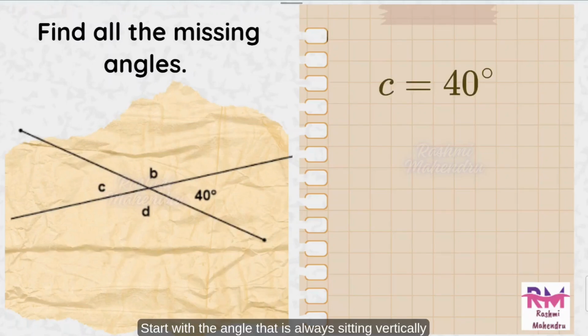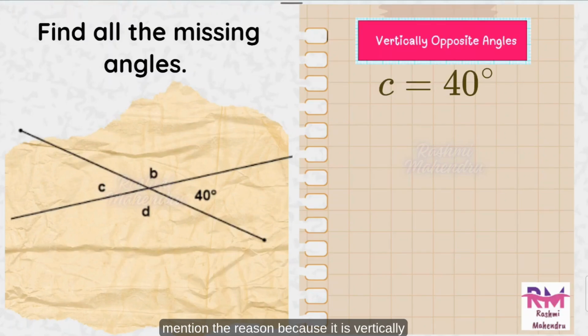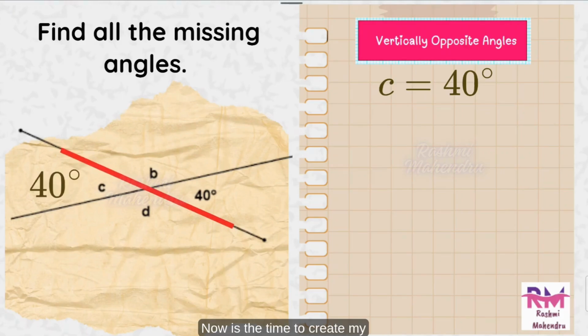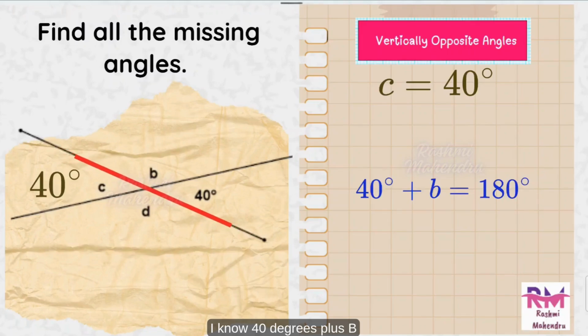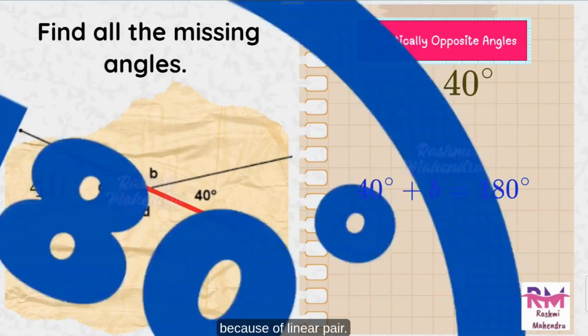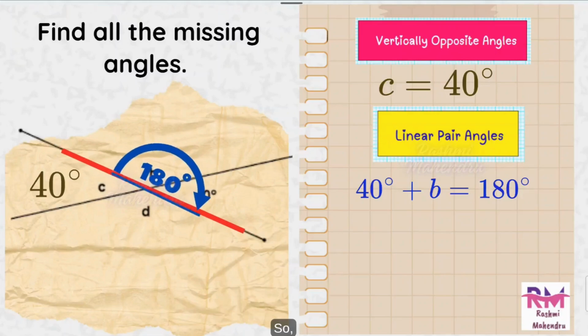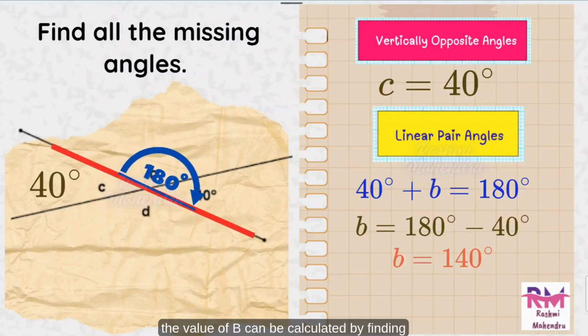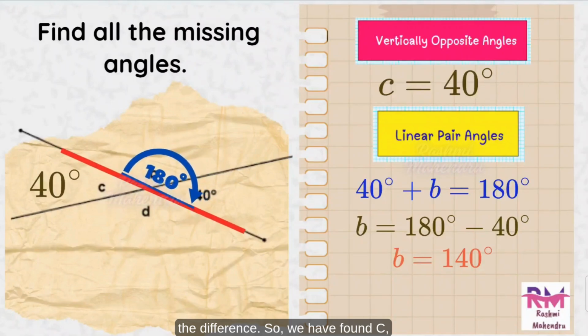Start with the angle that is always sitting vertically opposite to the given angle. So C is equal to 40 degrees, and immediately mention the reason, because it's vertically opposite. Now is the time to create my equation, because after vertically opposite I will have to find my linear pair. So I know 40 degrees plus B is equal to 180 degrees because of linear pair. So the value of B can be calculated by finding the difference. So we have found C, we have found B,